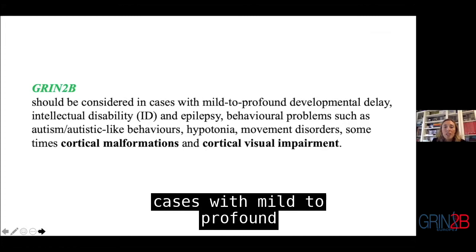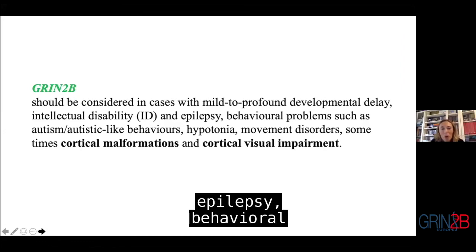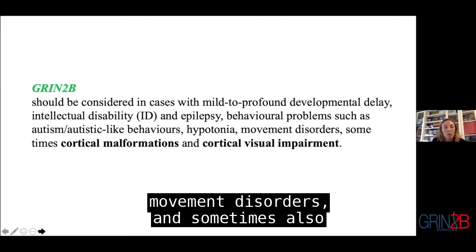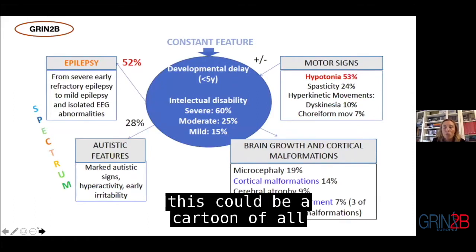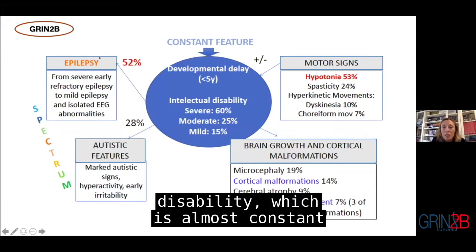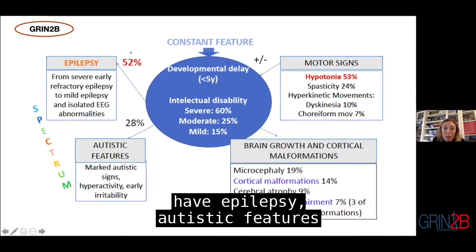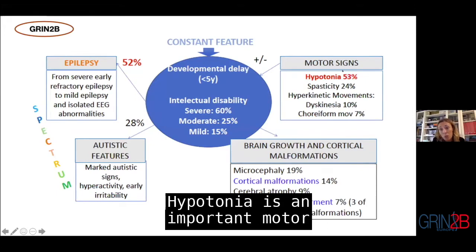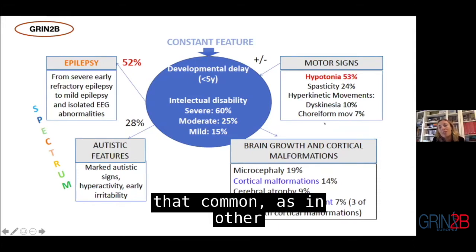GRIN2B should be considered in cases with mild to profound developmental delay, intellectual disability, epilepsy, behavioral problems such as autistic-like behaviors, hypotonia, movement disorders, and sometimes also cortical malformations and cortical visual impairment. And this could be a cartoon of all the things that we can find in GRIN2B: developmental delay or intellectual disability, which is almost constant in different degrees. Epilepsy, half of the patients can have epilepsy. Autistic features, almost 30%. Motor signs are sometimes present. Hypotonia is an important motor sign, but hyperkinetic movements and others are not as common as in other synaptopathies,